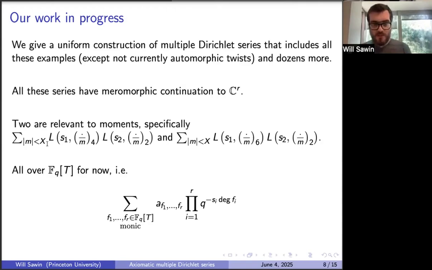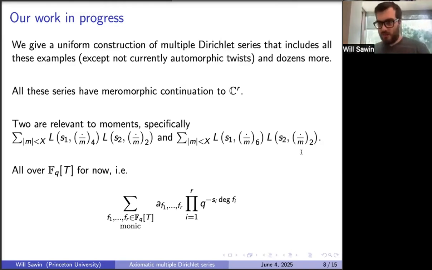They are, if you're summing over the Gaussian integers, so integers with the fourth roots of unity, the L function to a given modulus of a character of order 4, times the L function of a character of order 2 to the same modulus. Or in the Eisenstein integers, so joining the six roots of unity, you can take an L function with a character of order 6 to the same modulus times the L function of a character of order 2 to the same modulus. So these kinds of mixed moments of two different Dirichlet characters to the same modulus,